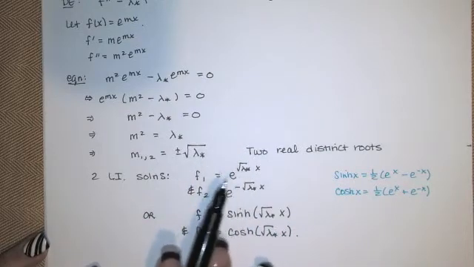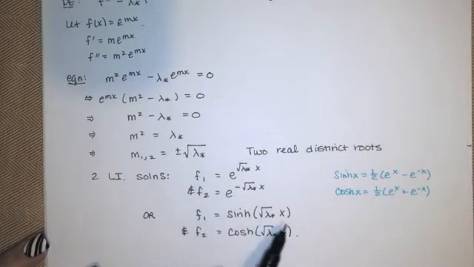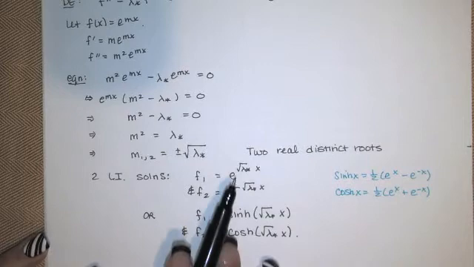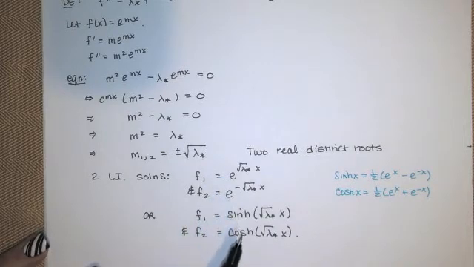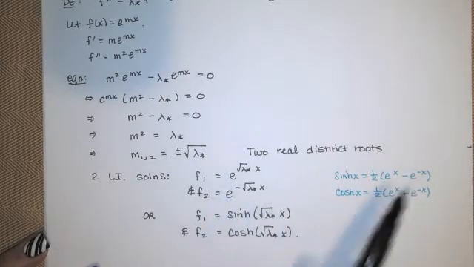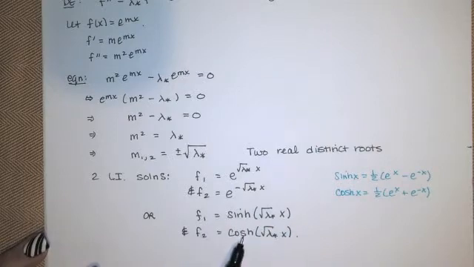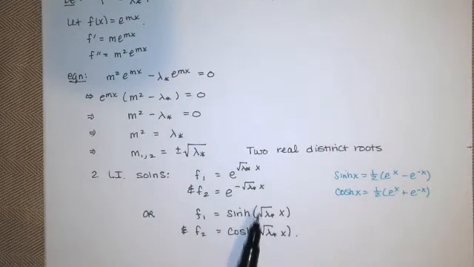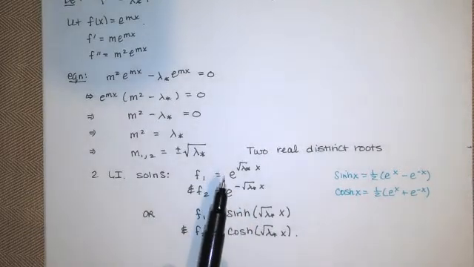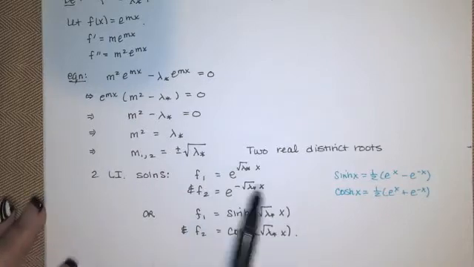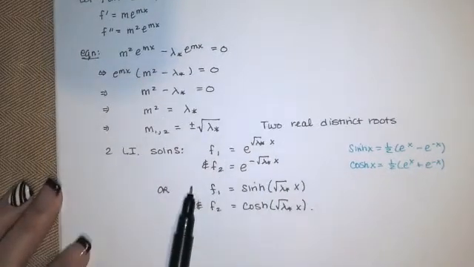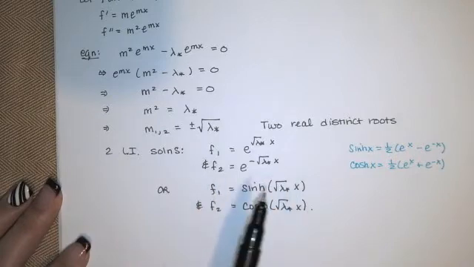So if I take 1/2 of f1 plus f2, I get this new f1. And if I take 1/2 of f1 plus f2, I think I may have said that incorrectly. For this first one, if I take 1/2 of f1 minus f2, I get this first function. For the second function, if I take 1/2 of the quantity f1 plus f2, I get this. So these are two linearly independent solutions of the differential equation. So are these. But we're going to tend to use these because it just makes the computation a little easier